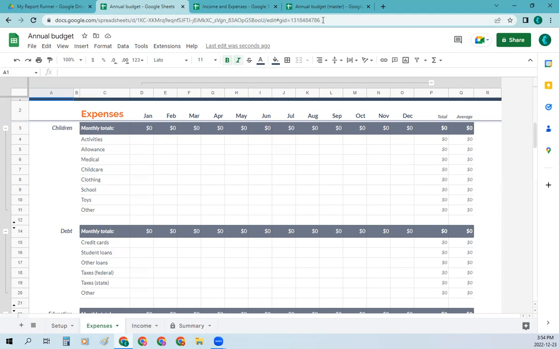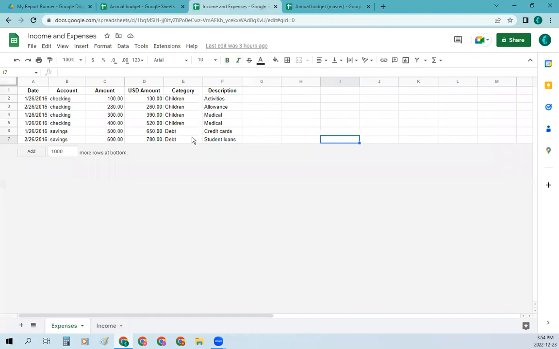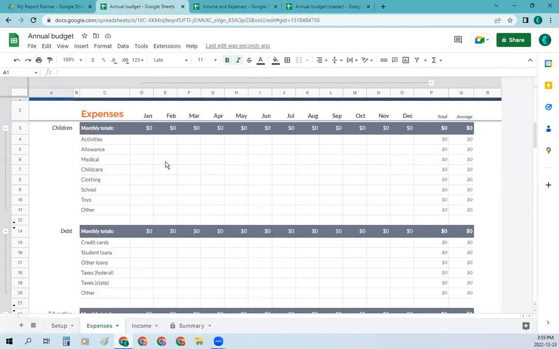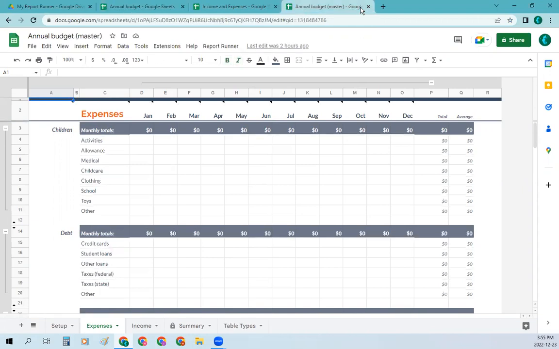If the user has an income and expense data sheet already, My Report Runner will be able to extract this information and then fill it into the annual budget tracker. For demonstration purposes, I created another budget tracker with the script of the report runner. So how the report runner works is